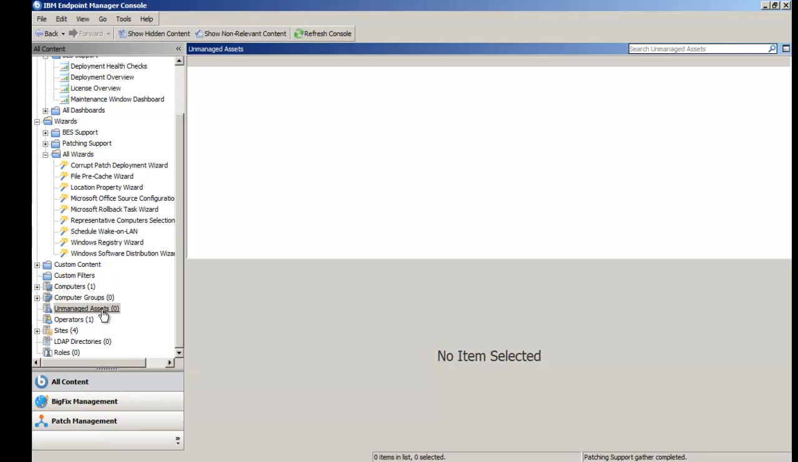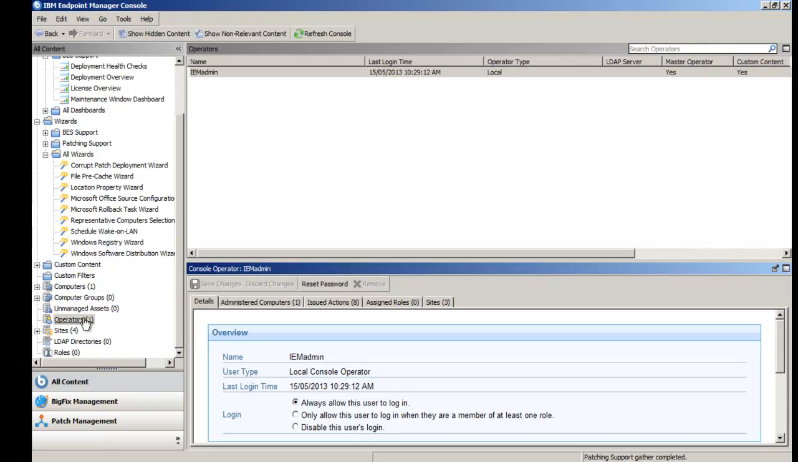As you can see here, we have unmanaged assets where we can scan for endpoints that don't have an agent installed. And there's also the ability to define various operator roles of various functions with the product to have certain rights to the console. Now the last area that you want to set up once you've installed the product is